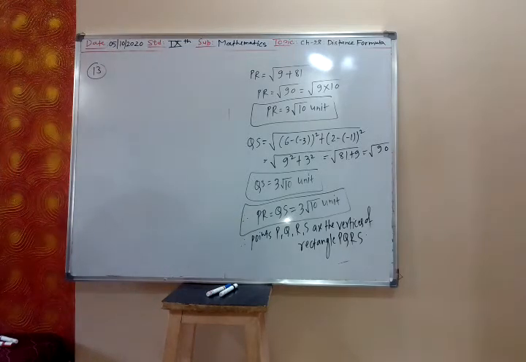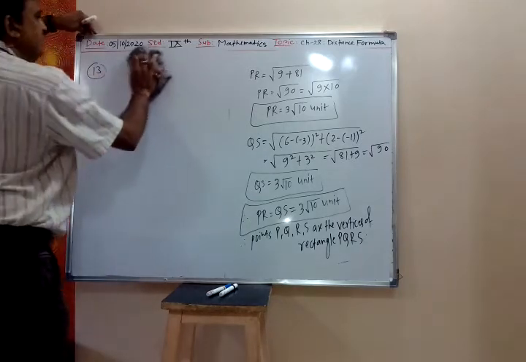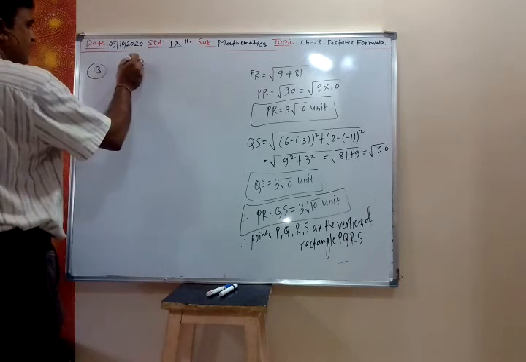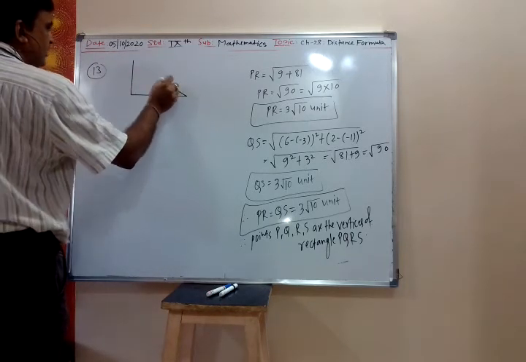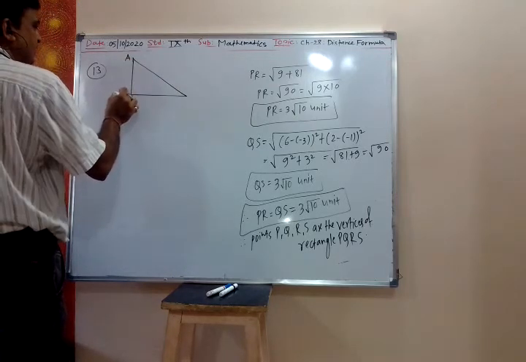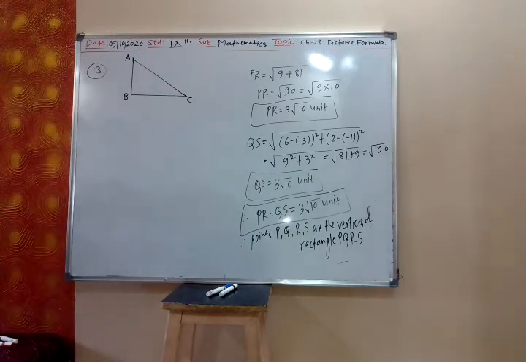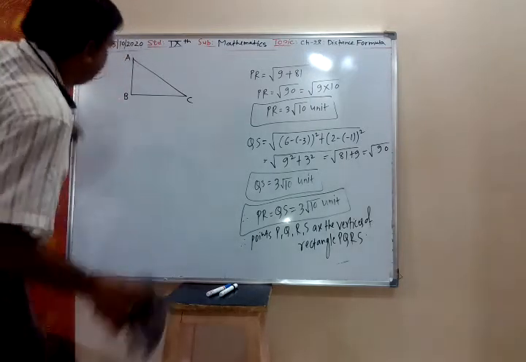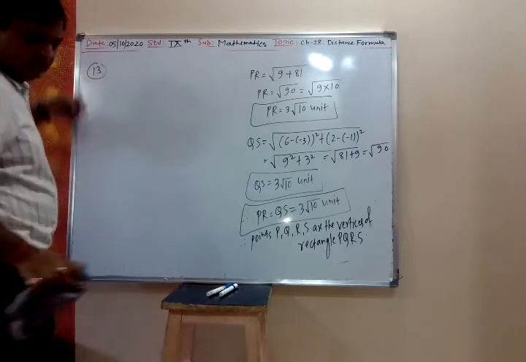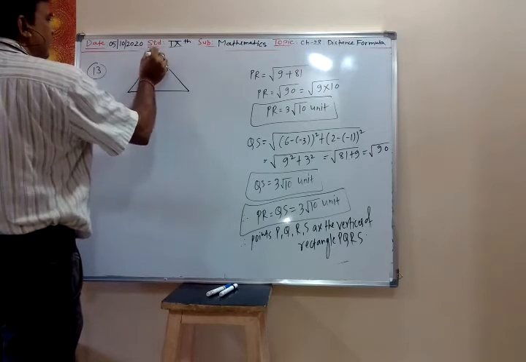Prove that the points ABC. Draw this triangle ABC. Triangle only. Now we don't know which angle is 90 degree. So what I will suggest you, instead of drawing this triangle in this way, since we don't know which angle is 90 degree, you draw the triangle in this way. ABC.